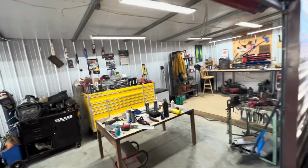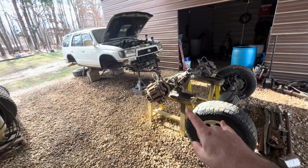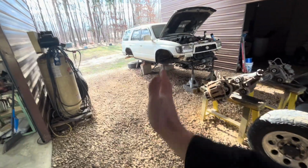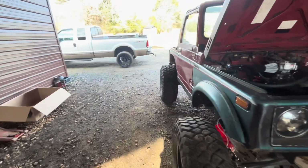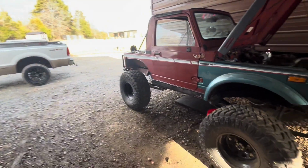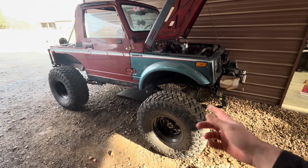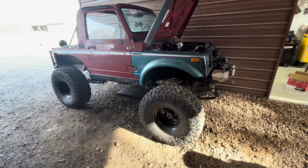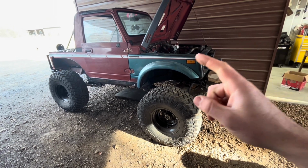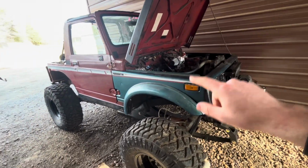It would fit through this door, but I can't get it angled in enough because we've got these Ford 1-ton axles sitting here and Elijah's 4Runner, so I can't pull it in and back it over. So what I'm gonna do is I've got another Toyota truck sitting outside that's got some stock wheels and tires on it, because these are Toyota axles, so the lug patterns will work. So I'm going to go out here and snag those wheels and tires off of that truck and put it on cinder blocks, get these off so I can pull this Samurai in the building, take care of our coolant